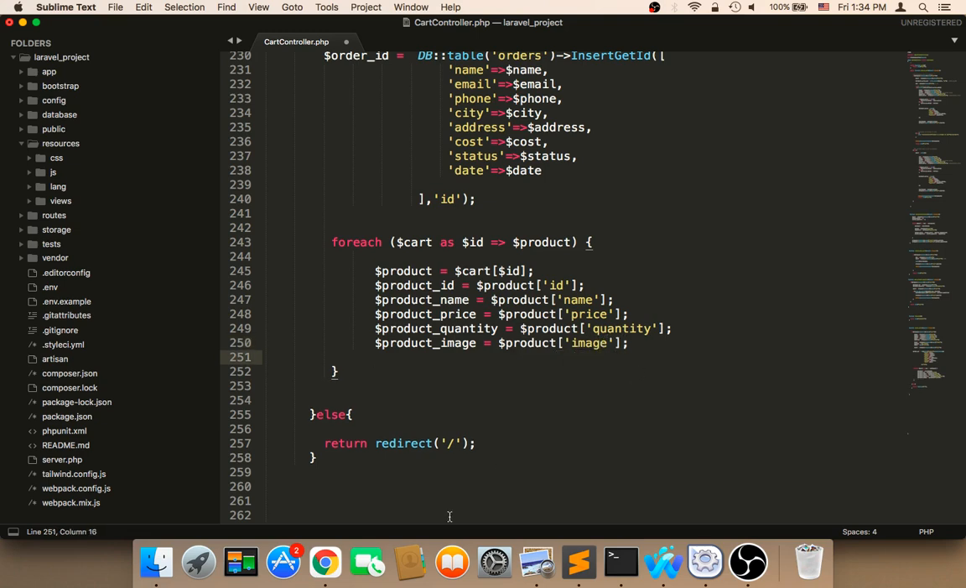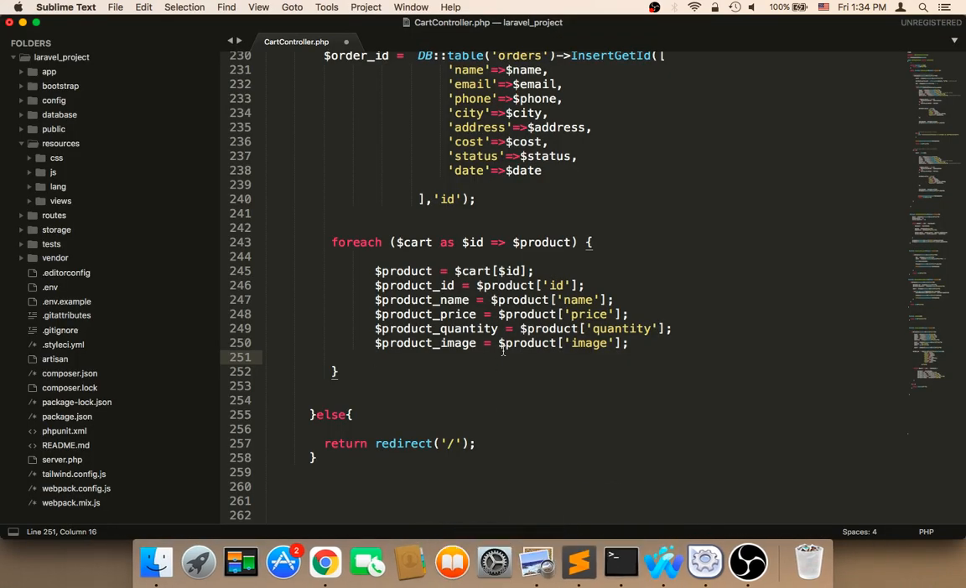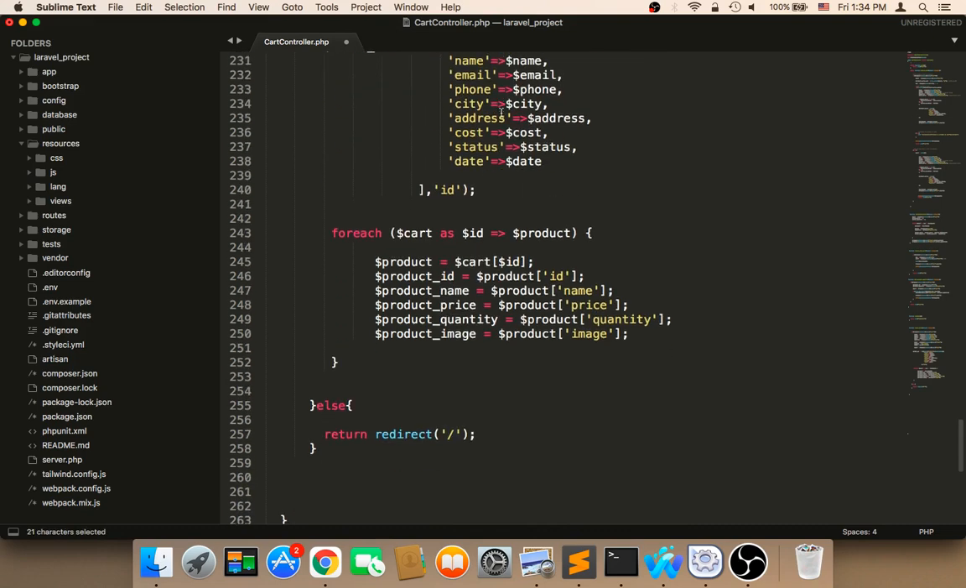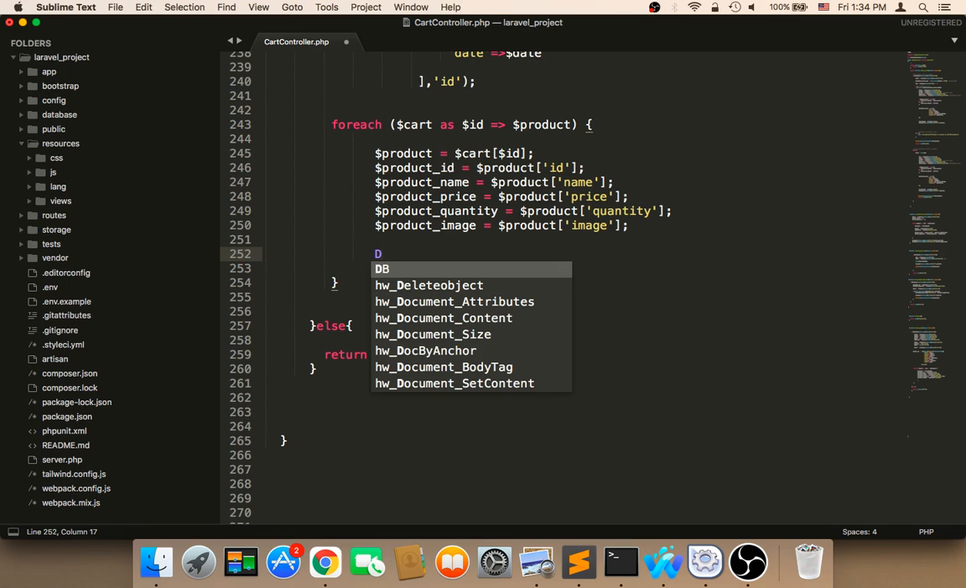And we also need the order. We need the order ID, the product ID. We have the product ID, so we need the order date. The order date, we already have, which is this date. So we have the date and we have the order ID. Now we want to insert that into the database. So we need to call a function here. We need to call the database function, database, and then